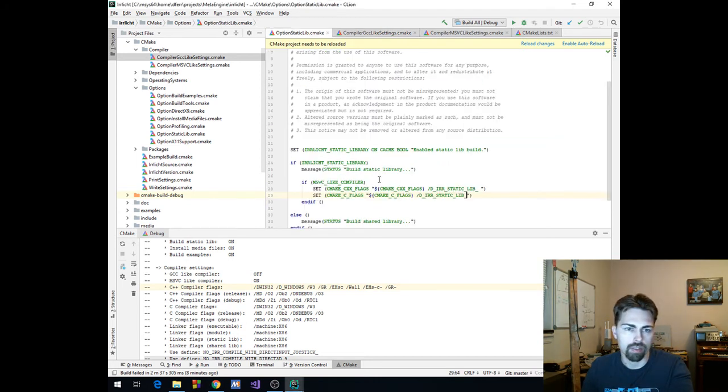So I'm just going to go up here and copy this to the else. This might also be why I couldn't get the static library to work on Mac. If this works here, I might actually change my OS X build to do a static lib by default as